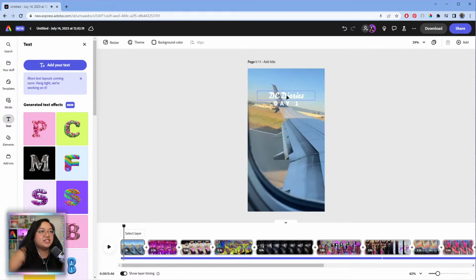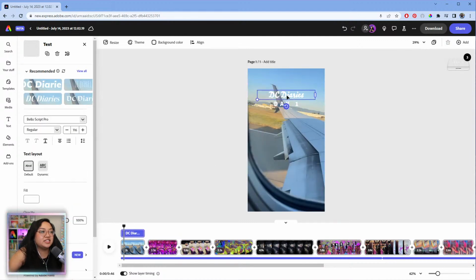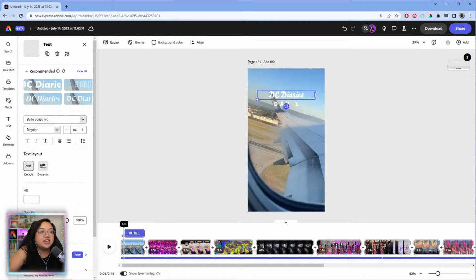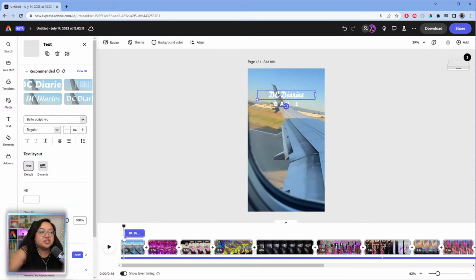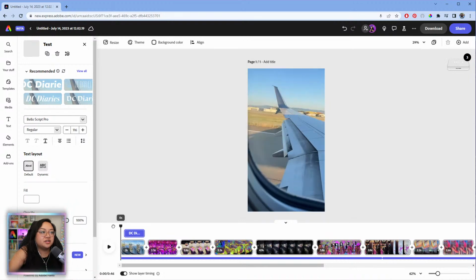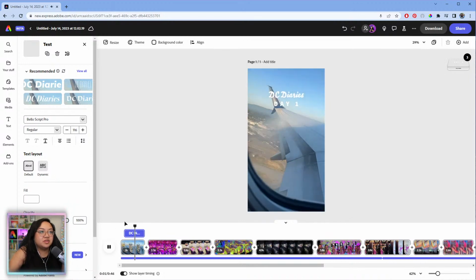Okay, but let's say we wanted to adjust the timing of this. So if we wanted the one text to appear earlier than the other, all you have to do is click on the text that you want to adjust, and then same thing with the clips. You can trim the size just by clicking and dragging to where you want it to appear. So for example, there you go.